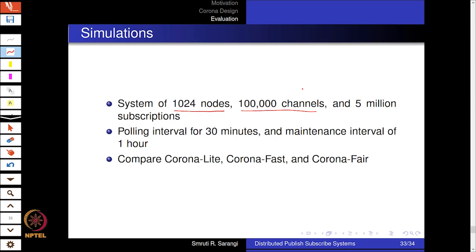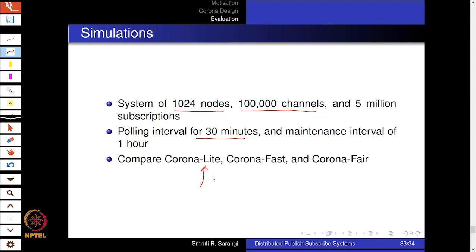With 100,000 channels, 1,000 nodes and 5 million subscriptions, this is even much larger than many of the commercial systems that we see. But that was also the aim, to see how much it scales. The polling interval was set to 30 minutes and the maintenance interval to 1 hour. So every 1 hour there was a reconfiguration, and all the variants were compared: